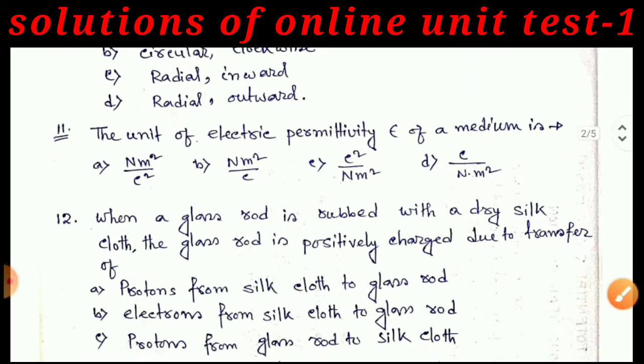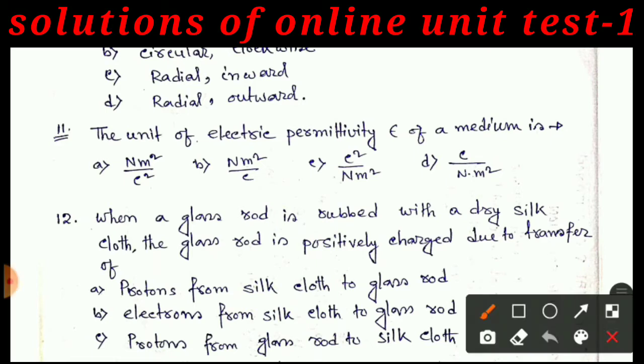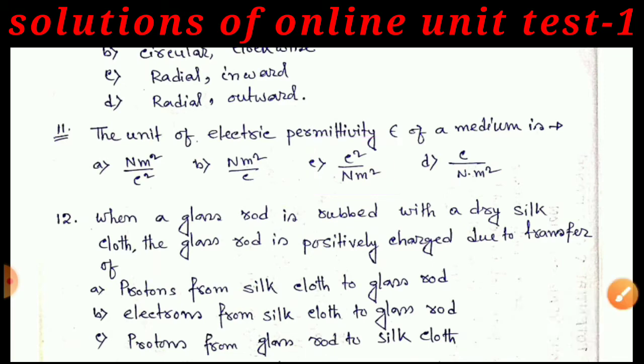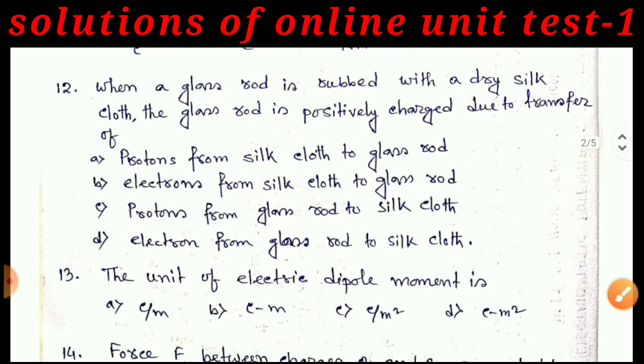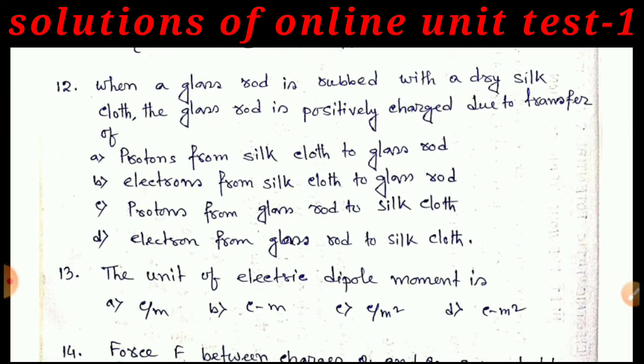Question number 11: the unit of the electric permittivity is, option C is the right answer, coulomb square per Newton meter square. Next question is question number 12: when a glass rod is rubbed with a dry silk cloth, the glass rod is positively charged due to the transfer of,